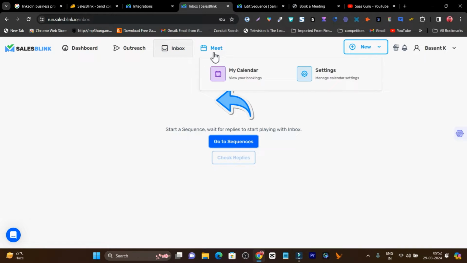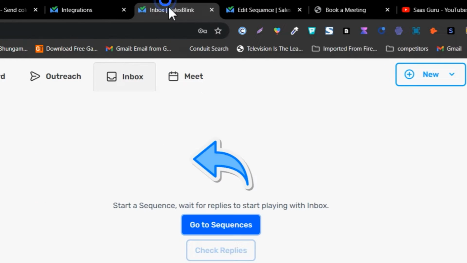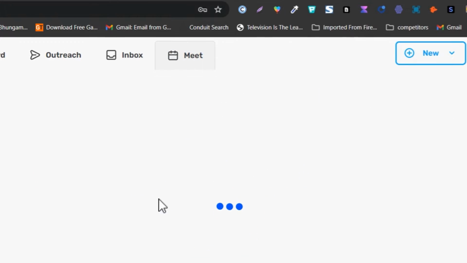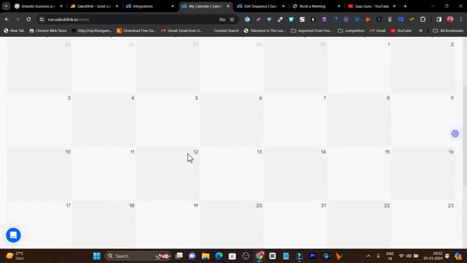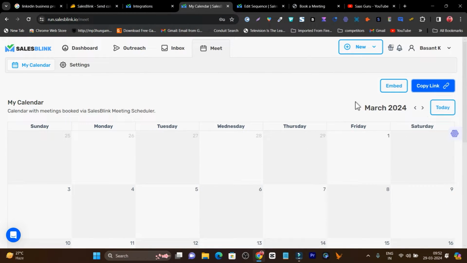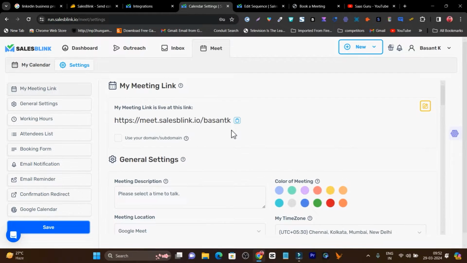And then we have one of the craziest features I have seen in any cold email outreach tool, which is connecting a Google calendar view. For example, if you want to book a meeting, just set up the page here. Let me go to the meet section, and here I have already set up my page, but let me also tell you that setting this up is really easy. If I go to settings, let me show you. It will show you how to connect or enable the link that you will send out in all your emails